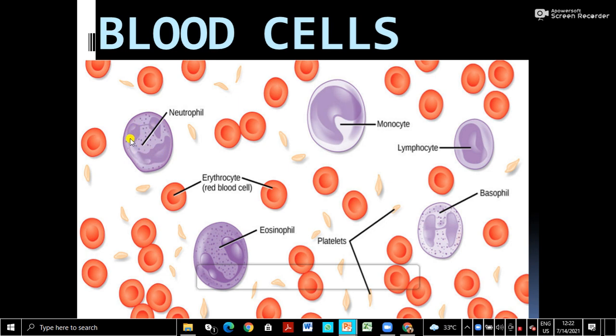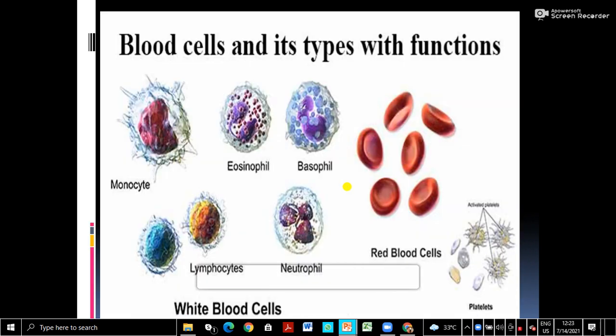See, this is the nucleus actually. So far you have seen the nucleus spherical in shape, but see, these cells have different types of nucleus. Lobed nucleus, that depends on its function. See this. So monocyte, lymphocyte, basophil, eosinophil and neutrophil are the types of white blood cells. Then comes the platelets, very small. So these are the three kinds of blood cells. Hope you have understood.